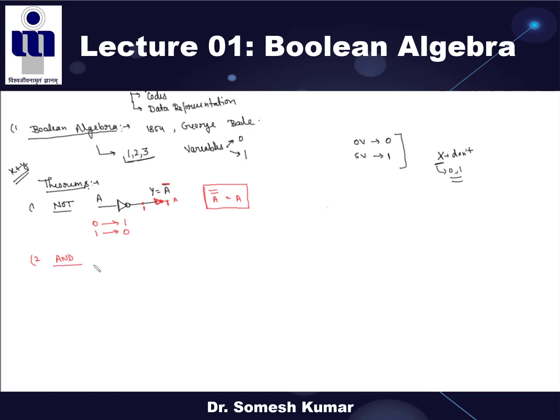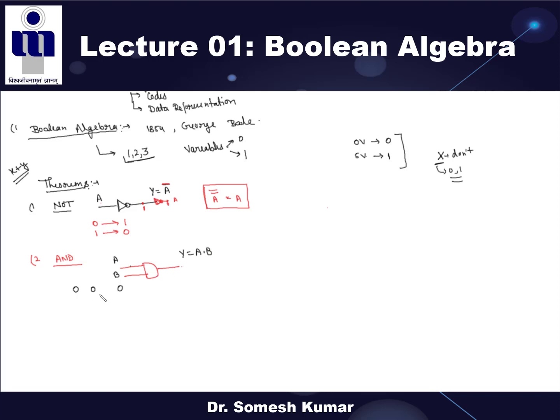You all know about the AND gate, how we can represent the AND gate. This is your AND gate, right? This is a 2 input AND gate. If both inputs are 0, 0, what is the output? Output is also 0. So it is A, it is B. So AND gate is A dot B, right?